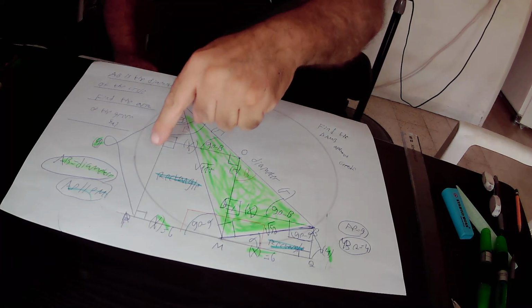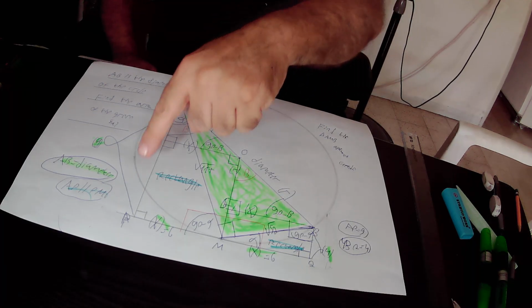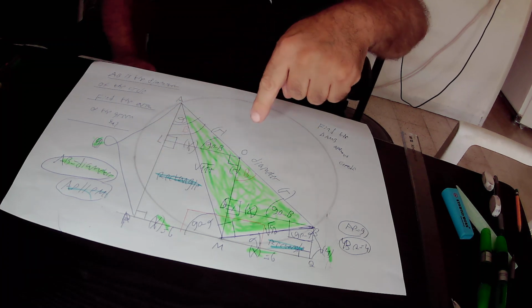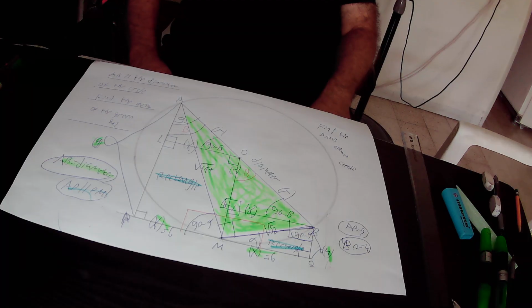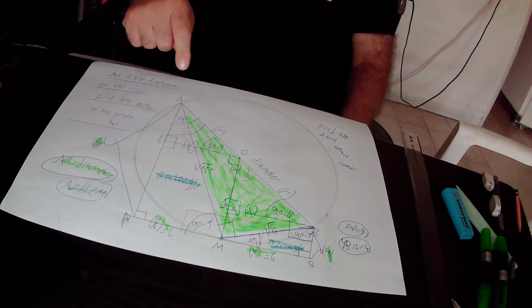So if a part of the straight line is parallel to another straight line, then the straight line itself, AP, must also be parallel to the other straight line. Therefore, AP is parallel to OM. AP parallel to OM. The next step, we copy the two parallel lines AP and OM,